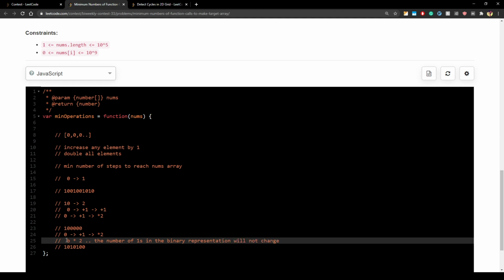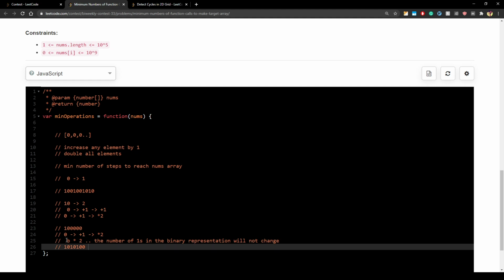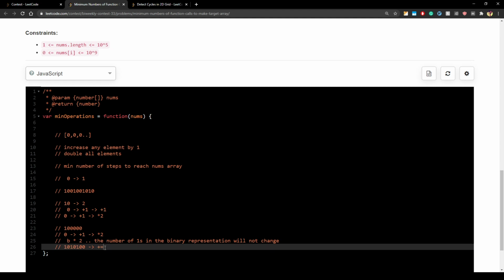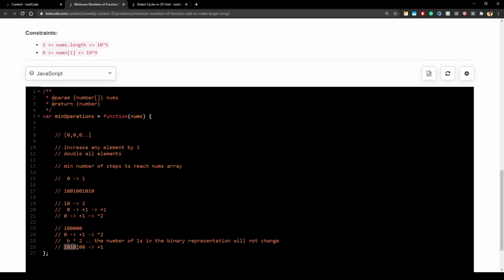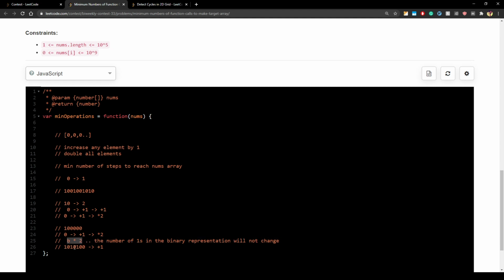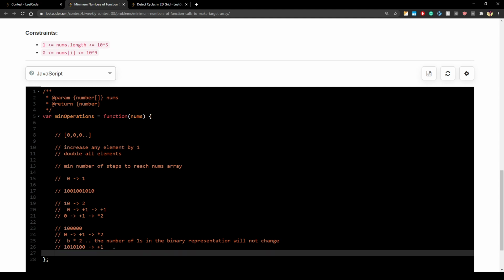So for this, we can directly say that because by multiplying by 2 we can never introduce a new 1, to get that 1 we had to do +1 sometimes, right? We had to do +1 3 times. So this is one observation, that when you multiply by 2, you can never increase the number of 1 bits in the binary representation.